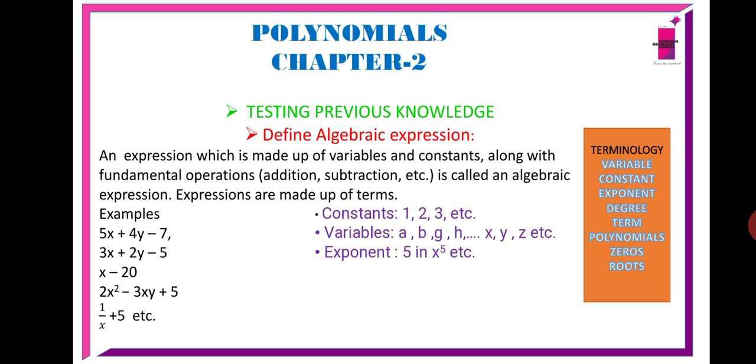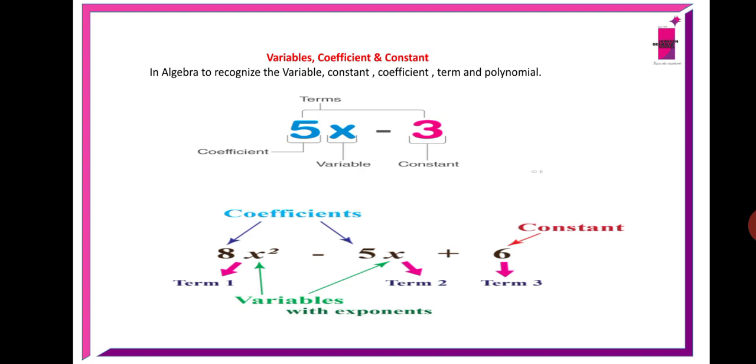Examples of algebraic expressions: 5x plus 4y minus 7, 3x plus 2y minus 5, x minus 20, 2x square minus 3xy plus 5, 1 by x plus 5, etc. So variables, coefficients, and constants. In algebra, to recognize the variable, constant, coefficients, terms, and polynomials, you can see